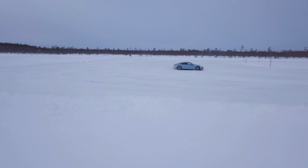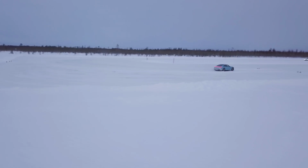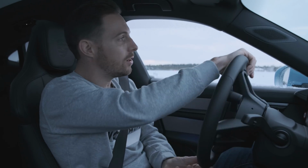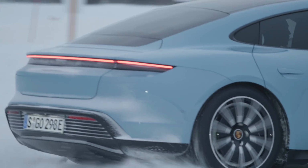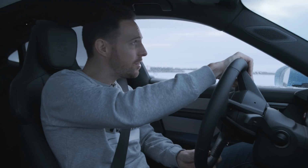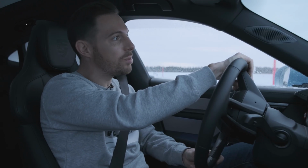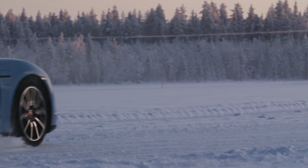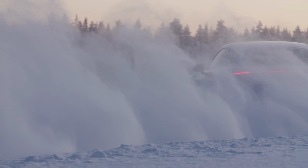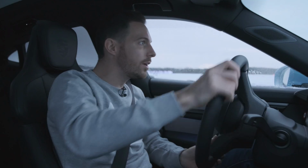The moment you make a mistake and over-commit to a corner, carrying a bit too much speed in, or if your angle is just a bit too big, it's away from you. You've basically lost the car then, and there's really not much you can do to bring it back. The reason you want to make the car slide to get it around the corner is that once it's understeering, you're knackered. There's nothing you can do after that point apart from ride it out and hope you don't hit that tree over there. And when you suss it out, you can link every one of these little slalom cones